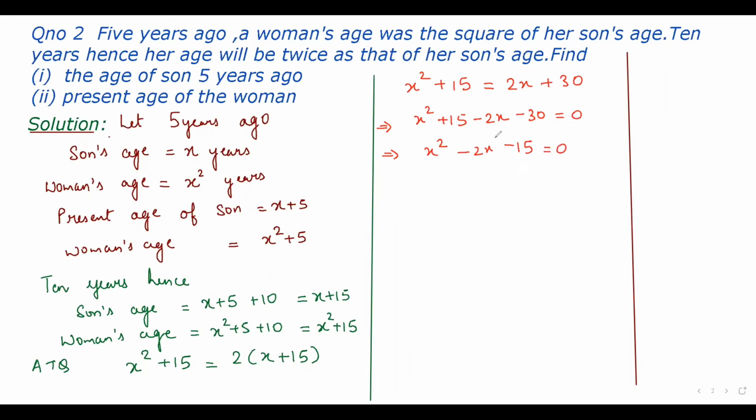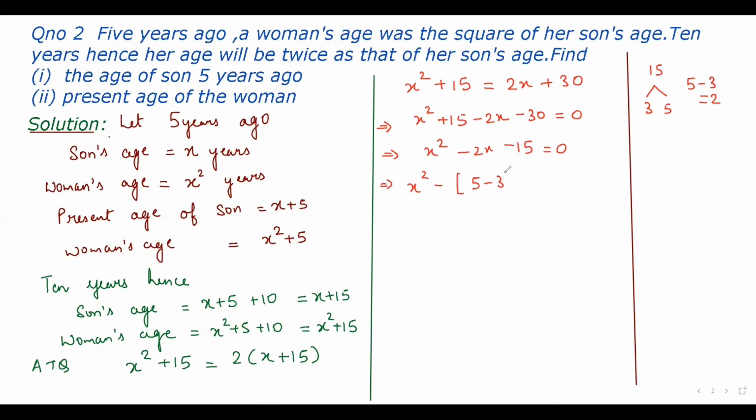Now we can easily do the factorization here, right? So 15, a into c, we will use the factorization method. So a into c means 1 into 15, 15. And 15 means 3 into 5. And the constant is negative, so we have to find the difference. The difference should be equal to the middle term, that is 2. 5 minus 3 is 2. Okay, so this implies x square minus